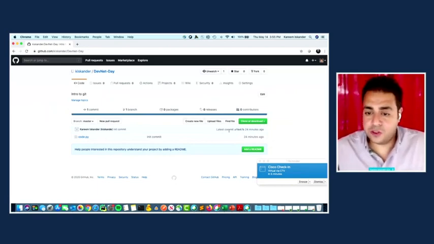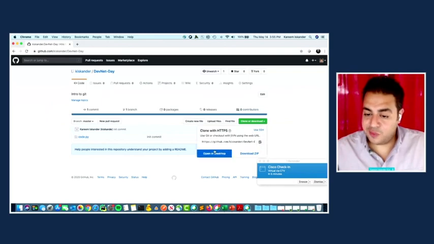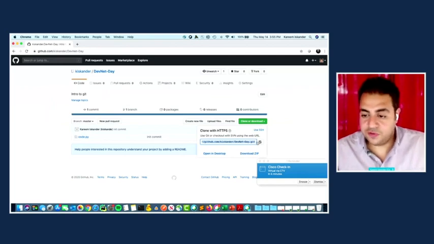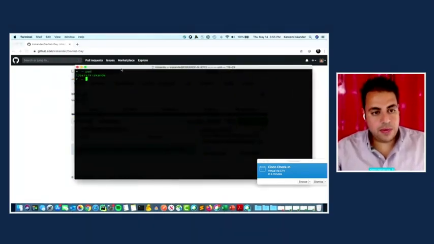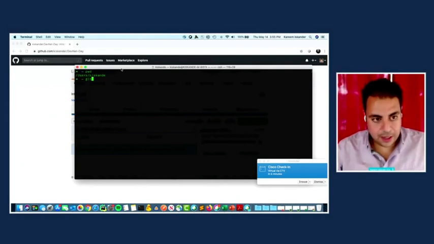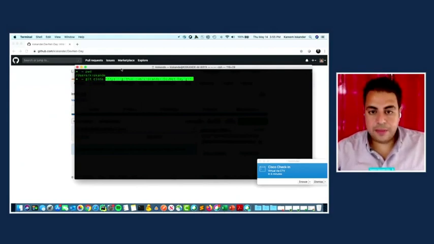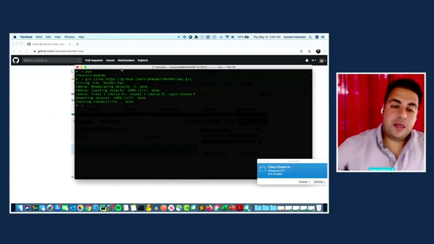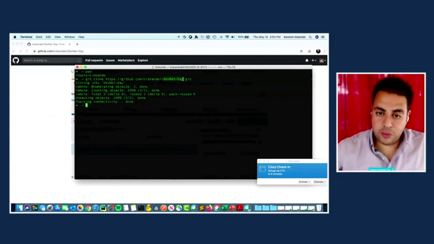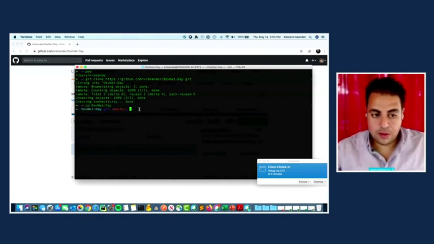So I went in here, I started clone. GitHub gives me two options. I can clone from HTTPS or SSH. I don't have SSH configured, so I'm going to copy this link right here. And if you remember, the first thing that we need to do, I'm in my home directory here, is go and say git clone, supplied by the URL that I copied. What's going to happen is Git is going to bring in a copy. It also created a folder, a working directory for me with the repo name. So if I go in DevNet Day